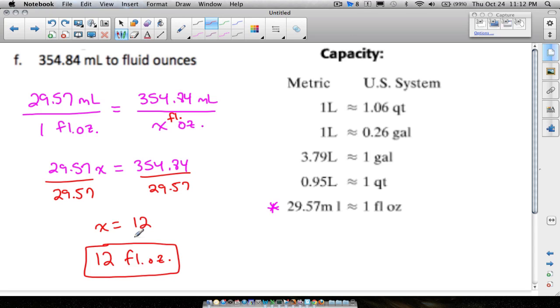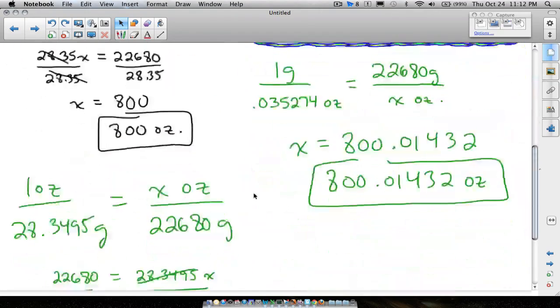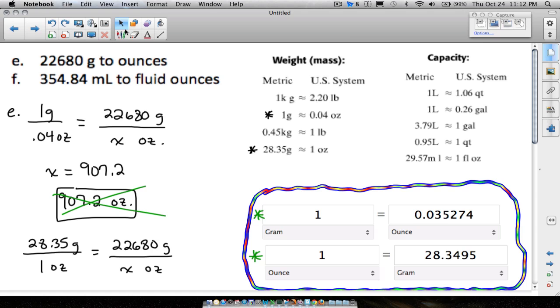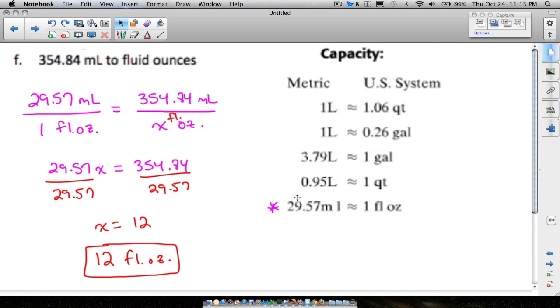So again, we don't have to go on this crazy tangent like I did on the last problem. I know I kind of went overboard probably with all of this material here, but it was worth talking about the rounding. I mean, the rounding really can affect your answer. And you'll hear that later on in future math classes. The rounding does affect your answer. But here, that was the only one we had on our table, so we definitely wanted to use that rate to help us find this.